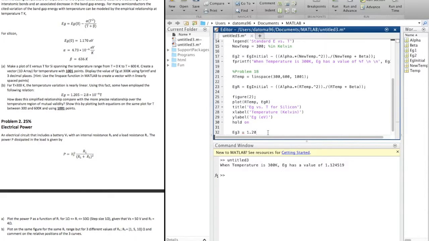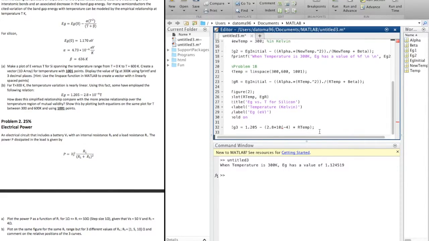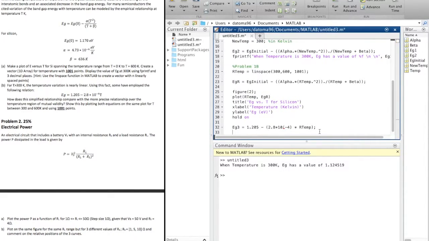I'm just going to type it out: 1.025 minus 2.8 times 10 to the -4th, times that R temp, which is that range of temperature that it wants for us. I'm just going to do this here, kind of keep that separate just so it's clear. It's always easy to put more parentheses to make it more clear to the computer. R temp, we're going to plot those now, EG3,